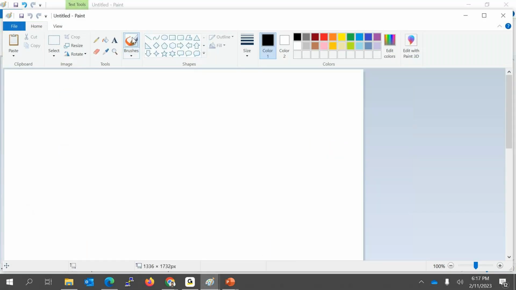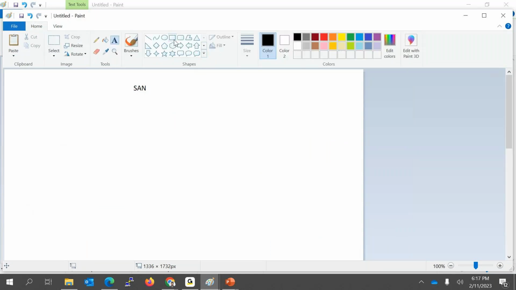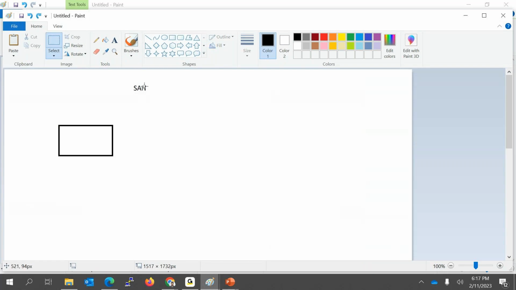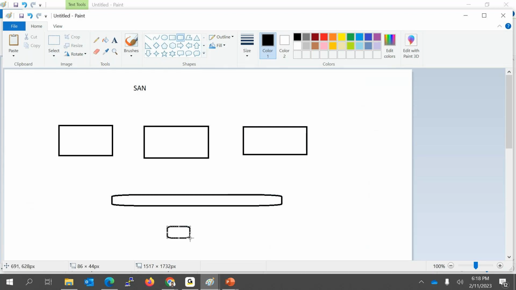Okay, so that's SAN. In SAN, you have servers. We just now saw the presentation, right? You have server one, server two, then server three. Then you have a storage switch, a network switch, and then you have your SAN controller. It may be one or it may be two controllers.